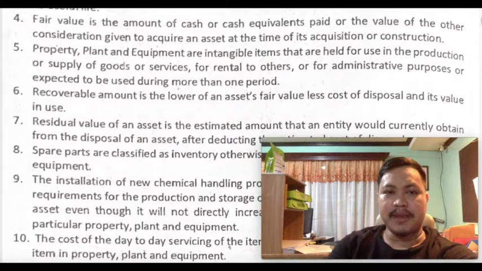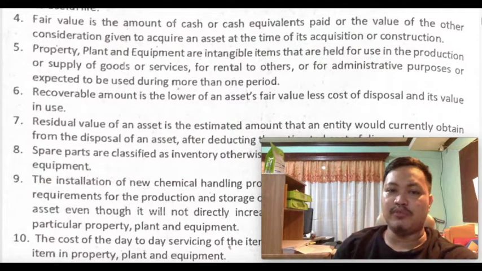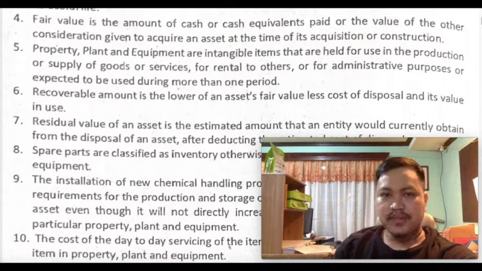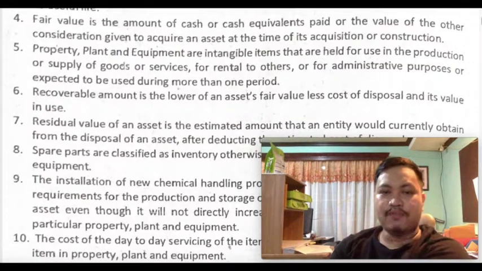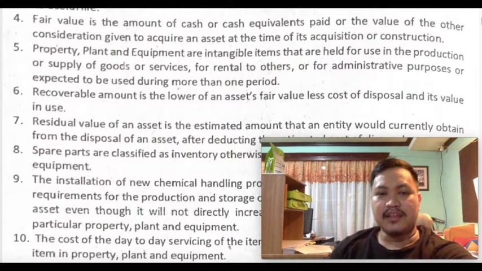Number 5: property, plant, and equipment are intangible items that are held for use in the production or supply of goods or services, for rental to others, or for administrative purposes, and expected to be used during more than one period. Number 5 is false, and we'll take this opportunity to familiarize ourselves with the definition of property, plant, and equipment. The main thing that makes number 5 false is that it claims that property, plant, and equipment are